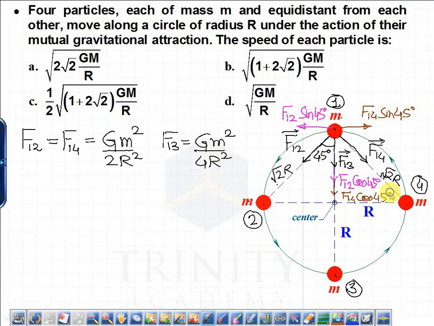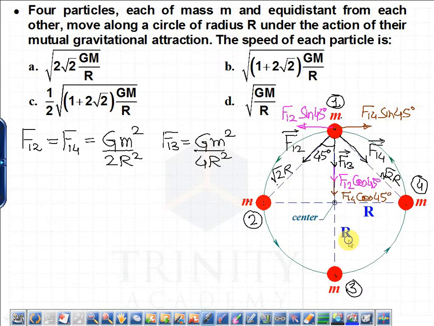So now we have the forces which are acting on the particle and directed towards the center. These three forces, F13, F12 cos 45 degree and F14 cos 45 degree,